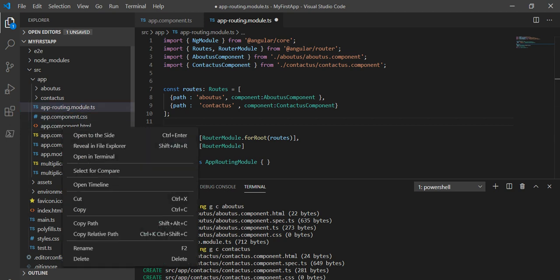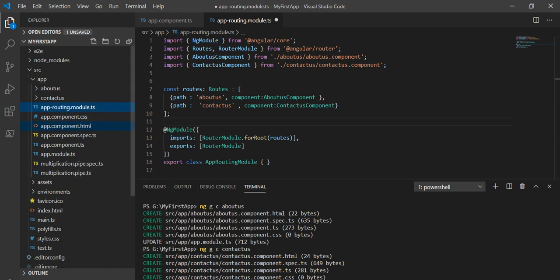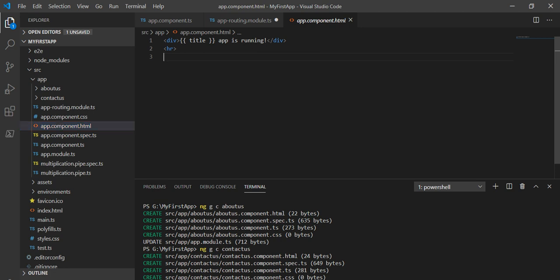So app.component.html is the file, and here we are going to attach that. I will take an a tag, a link, or you can add it on a button also.